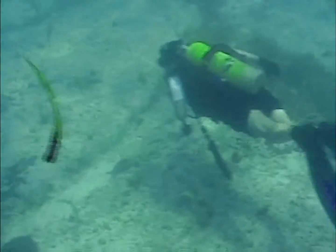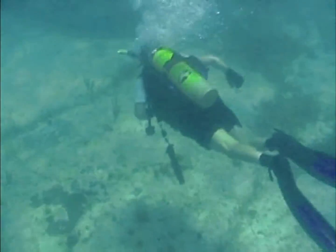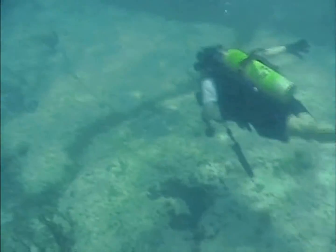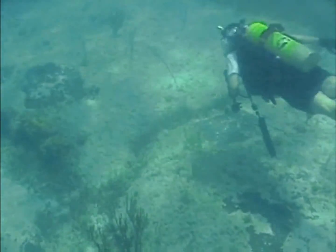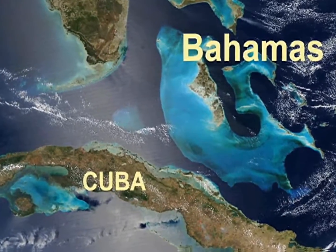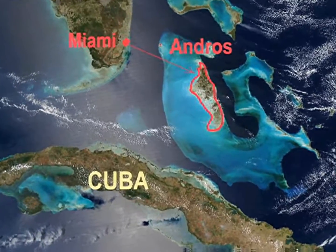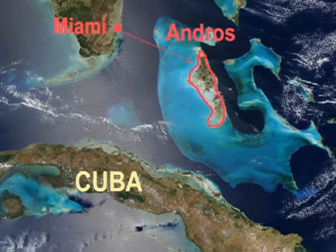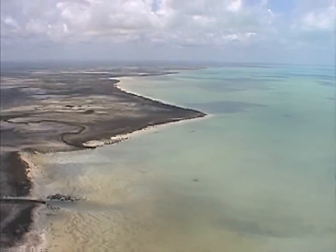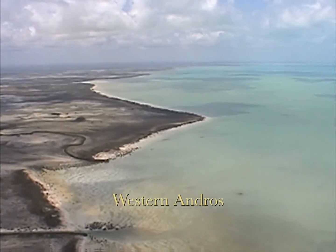In 2003, Dr. Lora and I flew to Andros Island in the Bahamas to solve two mysteries that were first touted in the late 1960s. The island of Andros is located about 150 miles to the east of Miami, Florida, and is primarily inhabited on its far east coast. The island is not a typical Bahamas tourist site, and the western side of the island